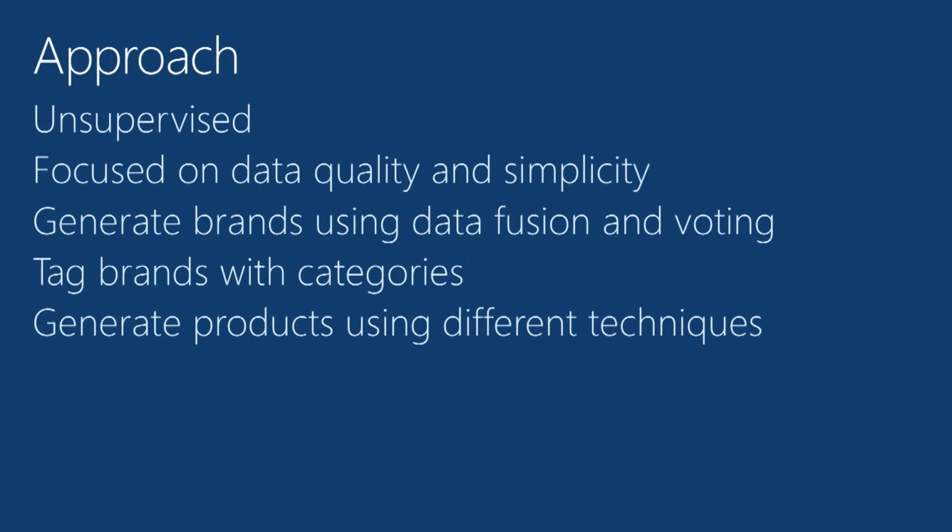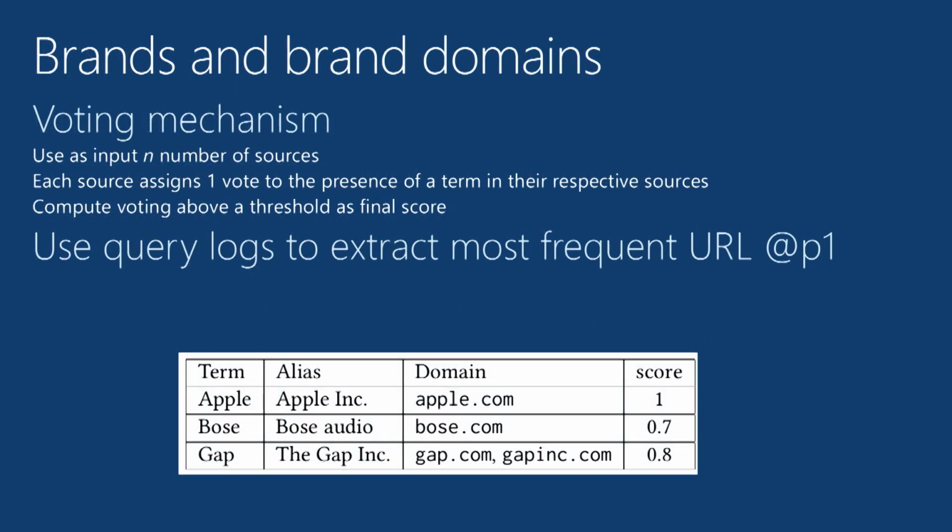So our approach is unsupervised. We're going to focus on data quality and simplicity. We're going to generate brands using data fusion and voting schemes. Then we're going to tag the brands with categories, and from that we derive the products. So in a nutshell, it works like this. We're using a voting mechanism, so given n different sources,